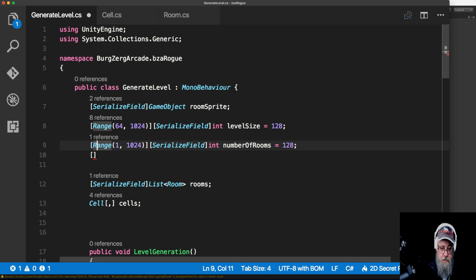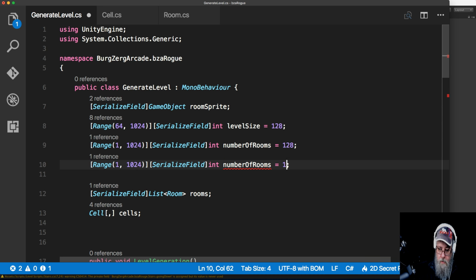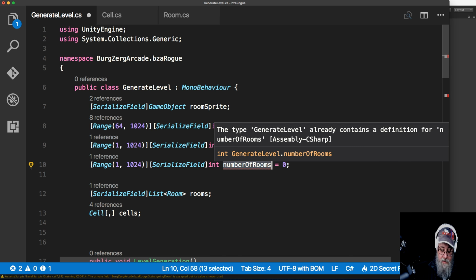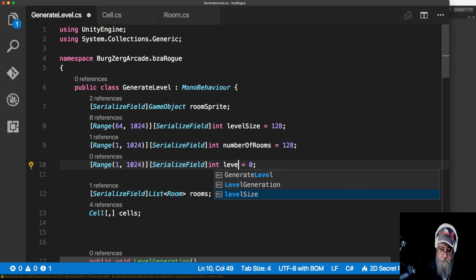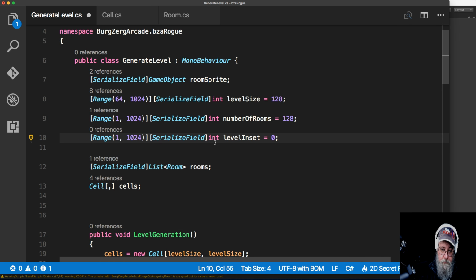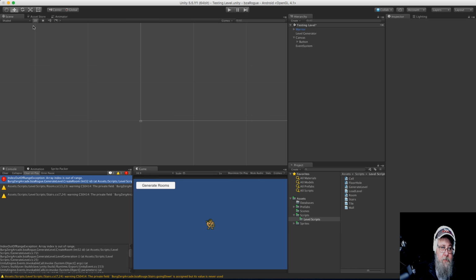And I'm going to do it just like I did with these ones here. So I'm just going to copy it, and start it off at 0. And I'm going to say level inset. And I'm going to allow 0. And I can't see me ever needing more than 5. Let's do 8. And again,